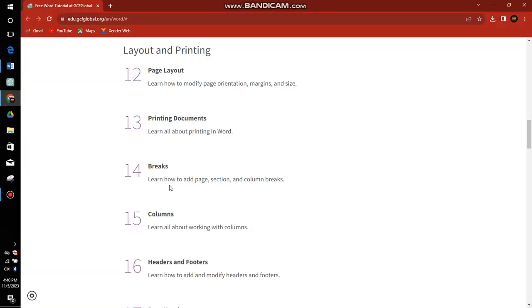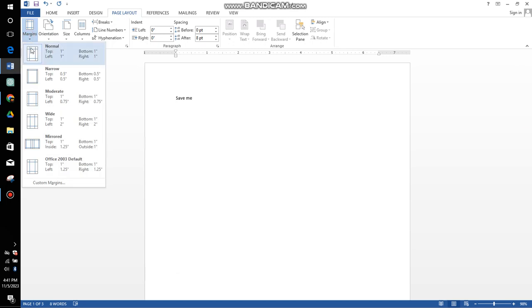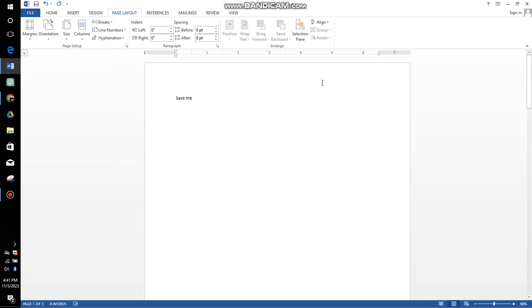Alright, so moving to the next, we have the column. I think I explained the column, the side by side kind of writing. Okay, and then we have the header and the footer. Now for you to use the header and the footer, while we were explaining the margin, we mentioned that there is a portion within the margin and a portion outside of the margin. Now the top part, which is this part, is where the header comes in. How do I get that done? You can double click